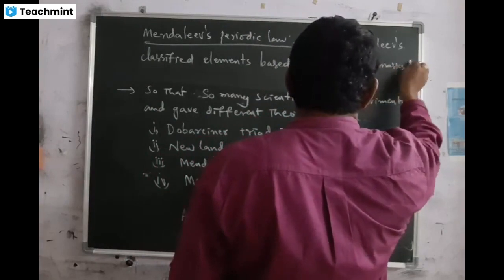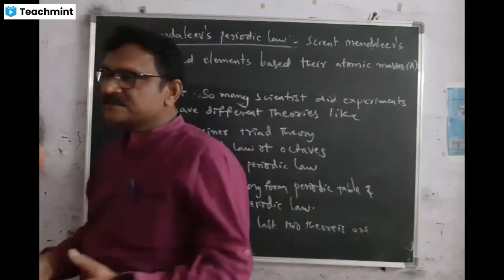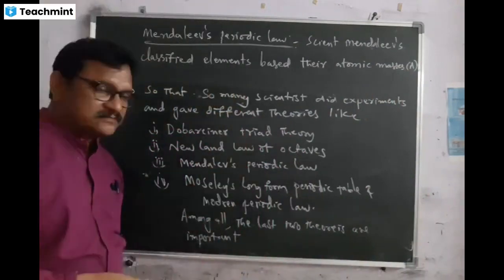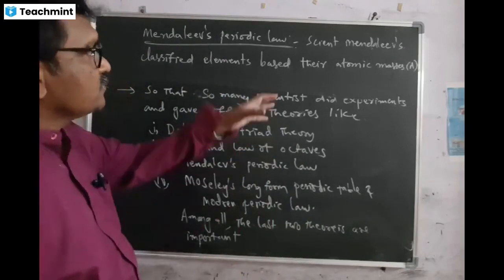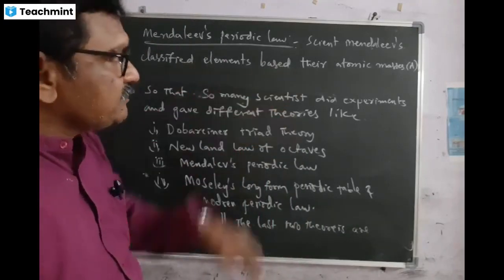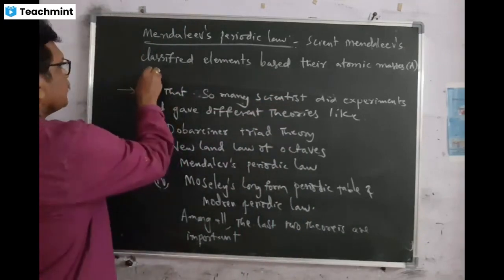You know, atomic mass means A. Atomic mass is the mass number, represented with the letter A. We already studied this in atomic structure. So Mendeleev divided elements based on their atomic masses,